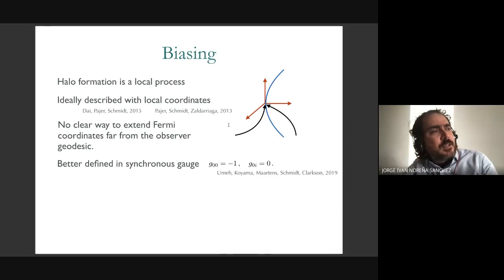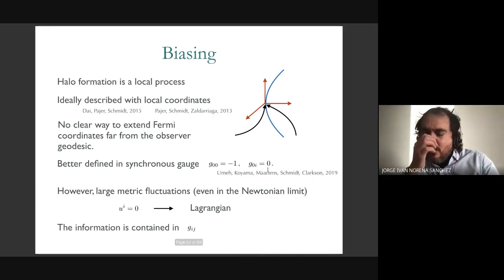And you can also subtract unphysical couplings with the long wavelength mode by using the exact same argument as the large-scale structure consistency relation, which they write down in synchronous gauge. That's very interesting and it works. However, in our case, we want to go to fourth order in the weak field approximation, and there we cannot use the synchronous gauge. And the reason is very simple.